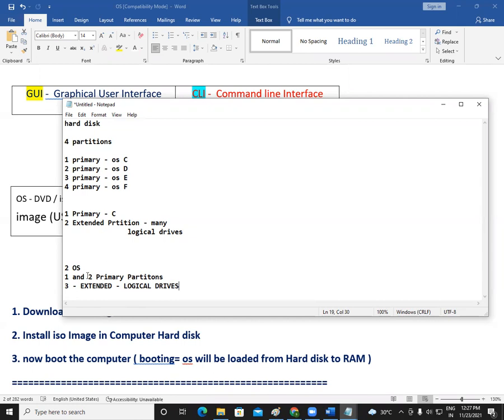Now, for some reason, suppose you are formatting the D drive. Once you format the D drive, whichever operating system was there in the D drive will be removed from your machine. But the operating system that is there in C will still be running. D you have already formatted, so the D operating system will be removed and the D partition will be empty now. C partition is still available with the operating system, so your machine will run perfectly.